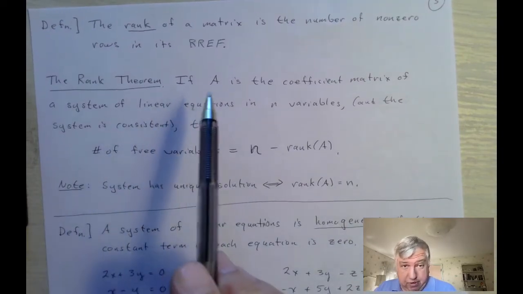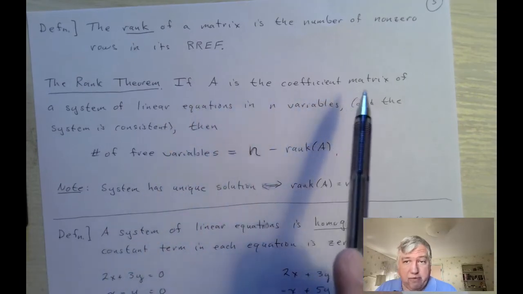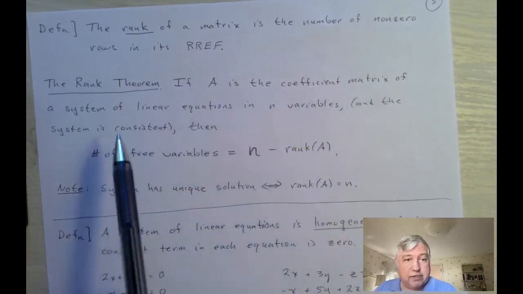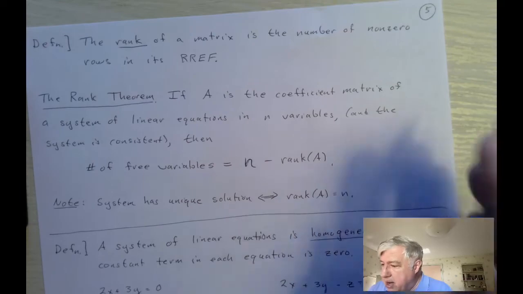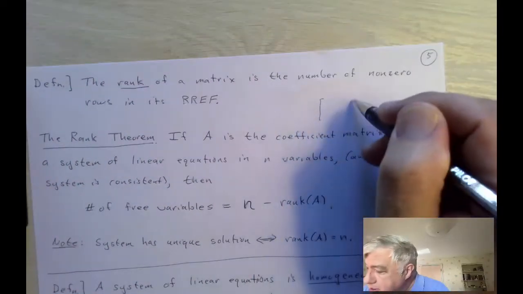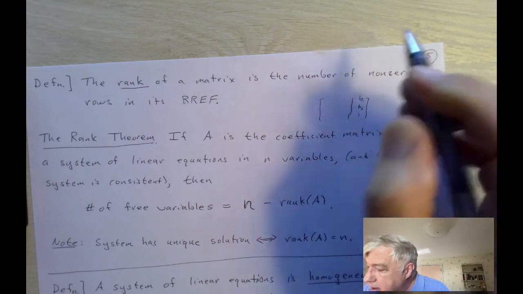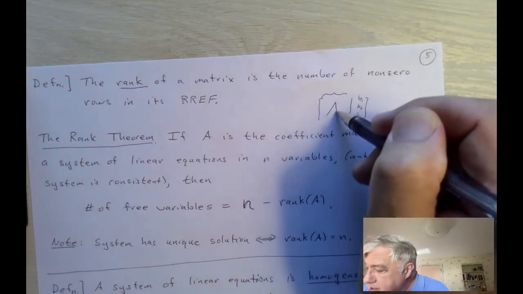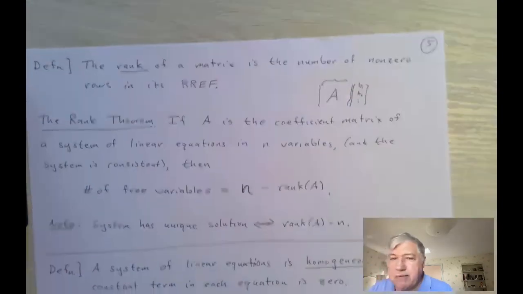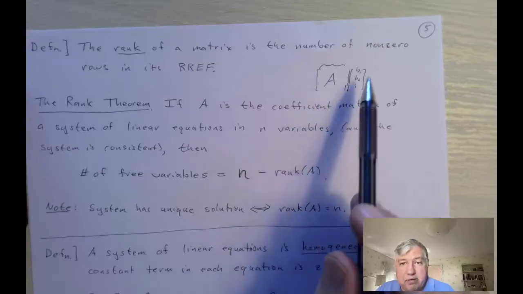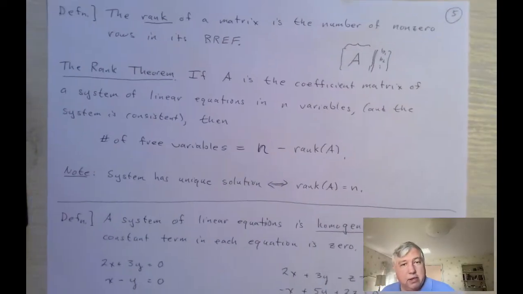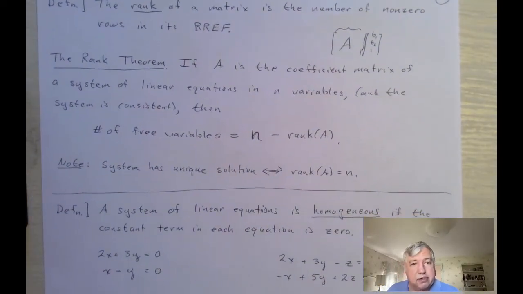This is what the rank theorem says, that if A is the coefficient matrix of a system of linear equations, the coefficient matrix is this, where we have here B1, B2, and so on. Okay, the coefficient matrix is this part. It's everything in the augmented matrix except the last column. So if A is the coefficient matrix, then